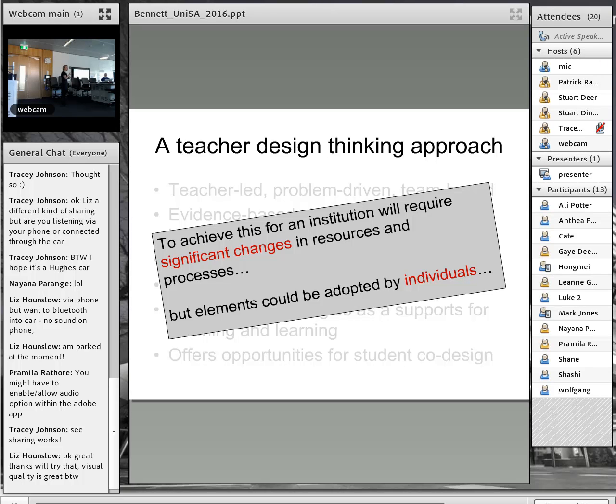So I'm kind of not that hopeful that we're going to become design savvy in a hurry. Except that I'll go back to that idea that some of this needs to be led from the grassroots. I think some of those design thinking ideas are something that any group of people could take on themselves. So as individuals, they could pursue some of this thinking to support themselves in their own practice, but also maybe as a team or a small group. So maybe that's where some of the change is going to come from, and then the administration will catch up.